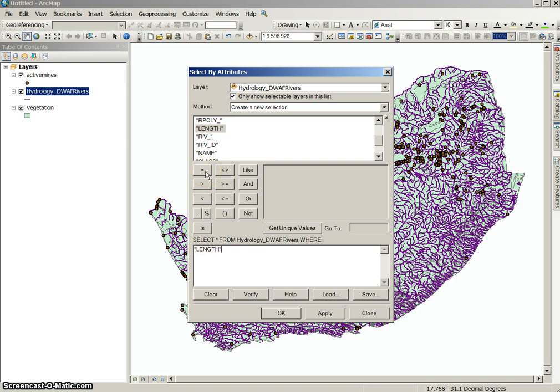So it's not going to be equal, otherwise it's just going to show me the river segments that are 2,000 meters long. It's not going to be not equal to, it's not going to be just bigger than, because I want to include the 2,000, so it's going to be equal to or bigger than 2,000 meters. It's not going to be smaller or smaller and equal. Right, if I say apply, then